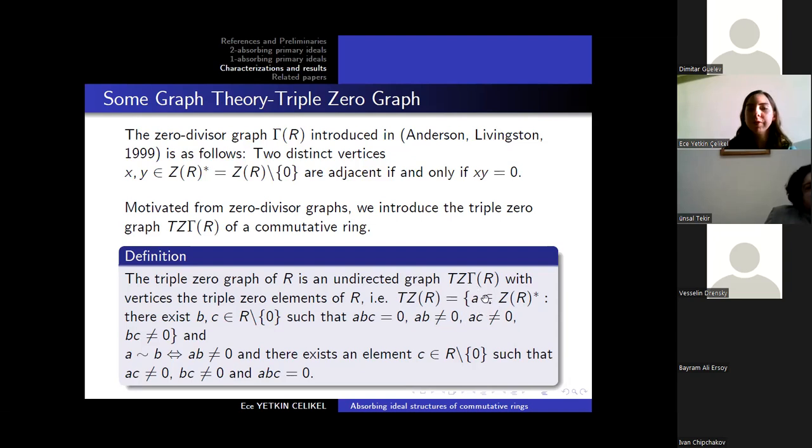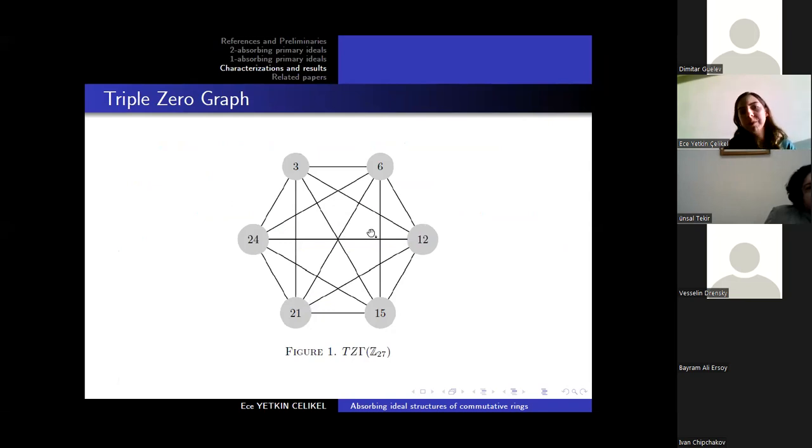So we call these 000 elements. This graph has this vertex set, and A and B are adjacent if and only if AB, AC, BC are not zero, but there exists an element C which satisfies that this product is zero. For example, there is a complete graph here,